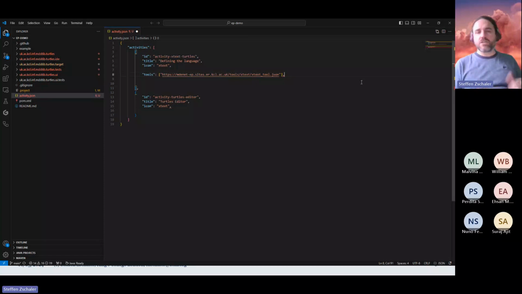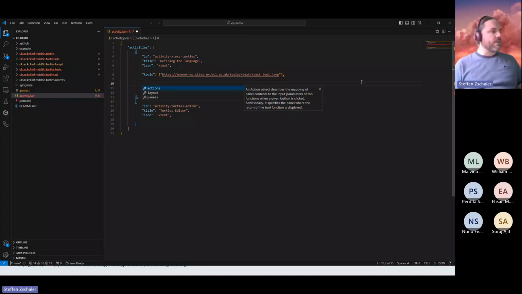So what all this does is it tells the education platform what tools we're going to use, and therefore it tells it also what types of panels and actions will actually be available in principle, which we can use to set up the whole activity, right? And so the next thing that we're going to do is we're going to say, okay, let's add some panels to our